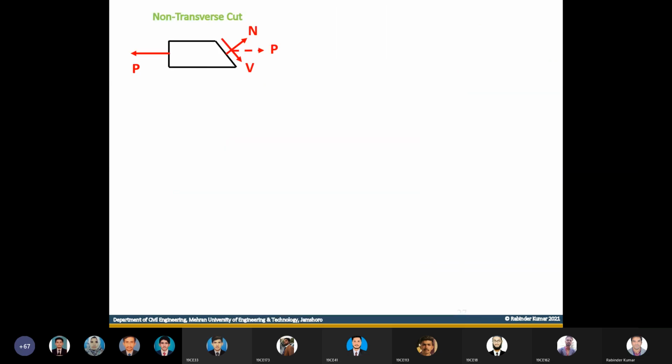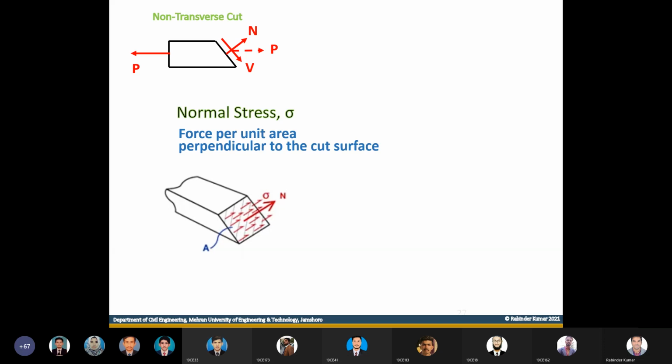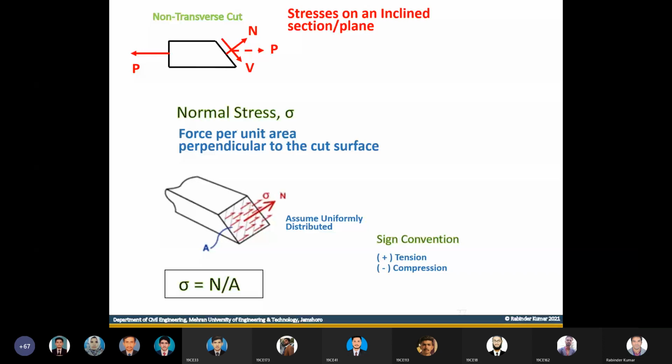Okay, so in order to find the value of stresses, how will we find the normal stress in such a case? We know that normal stress is defined as force per unit area. So every type of stress is defined as force per unit area. It depends which type of force you are taking. If it is shear force, then shear force per unit area. If it is normal force, then normal force per unit area. So the basic definition is the same. This is how the stresses are uniformly distributed along this inclined plane. So again the equation will be the same, sigma is equal to N by A. Okay, this is how we compute the stresses on an inclined plane.